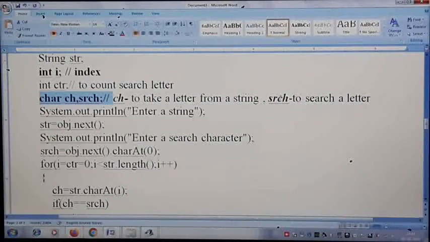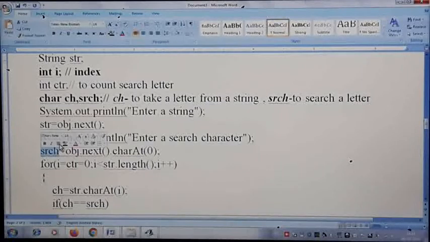I have given the description here. Then the main thing: we are going to read a string. Once I read the string, I will ask the user to enter a search character, which letter you are going to search. All of you know this is how we read the string. Since you all know how the charAt command works, the next command will read the string. From the string we don't want the entire string, we want only the first letter out of it. That is the reason for charAt(0). And as you know, the charAt command gives you only a letter as output, so its return type is char. SRCH is char type data, and that is where I am going to collect the answer.